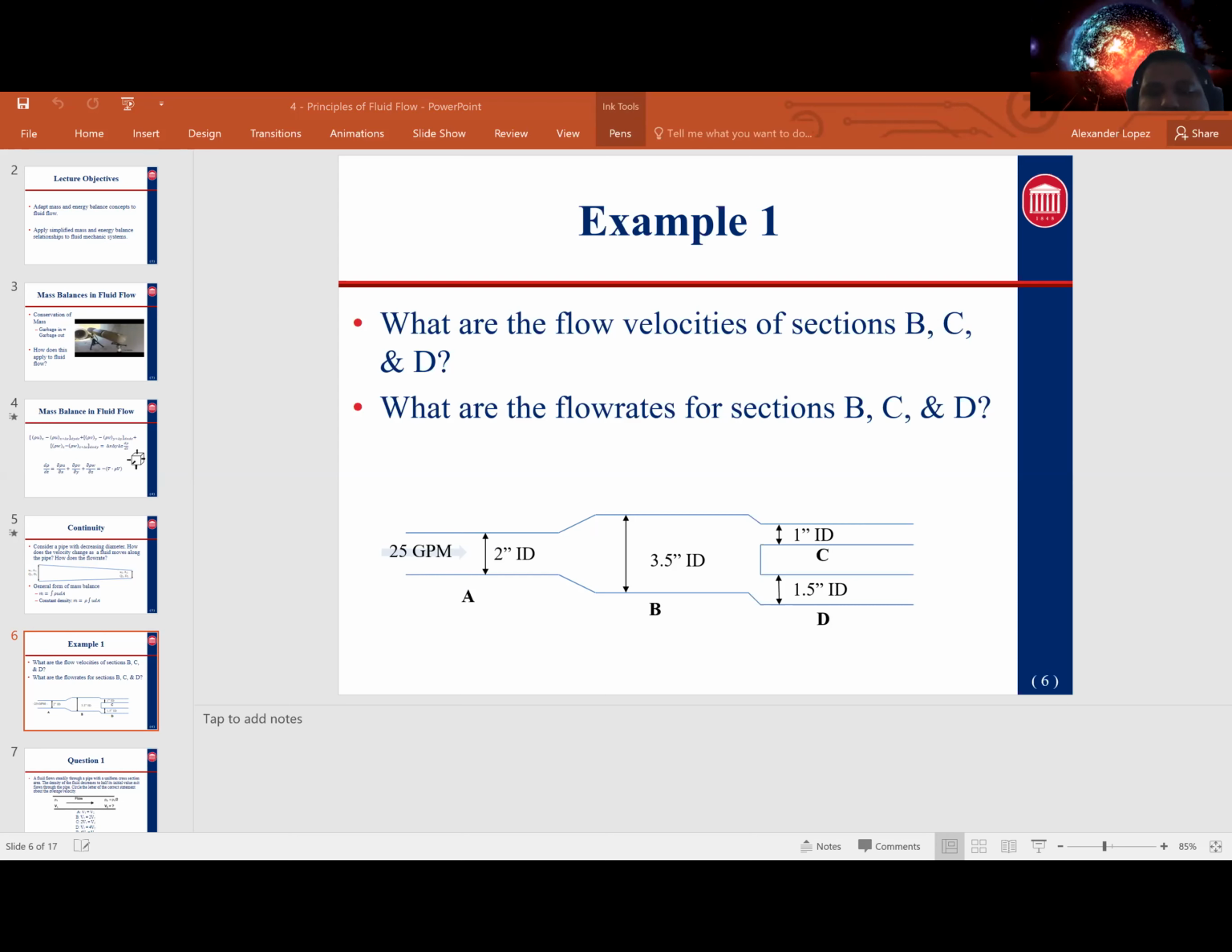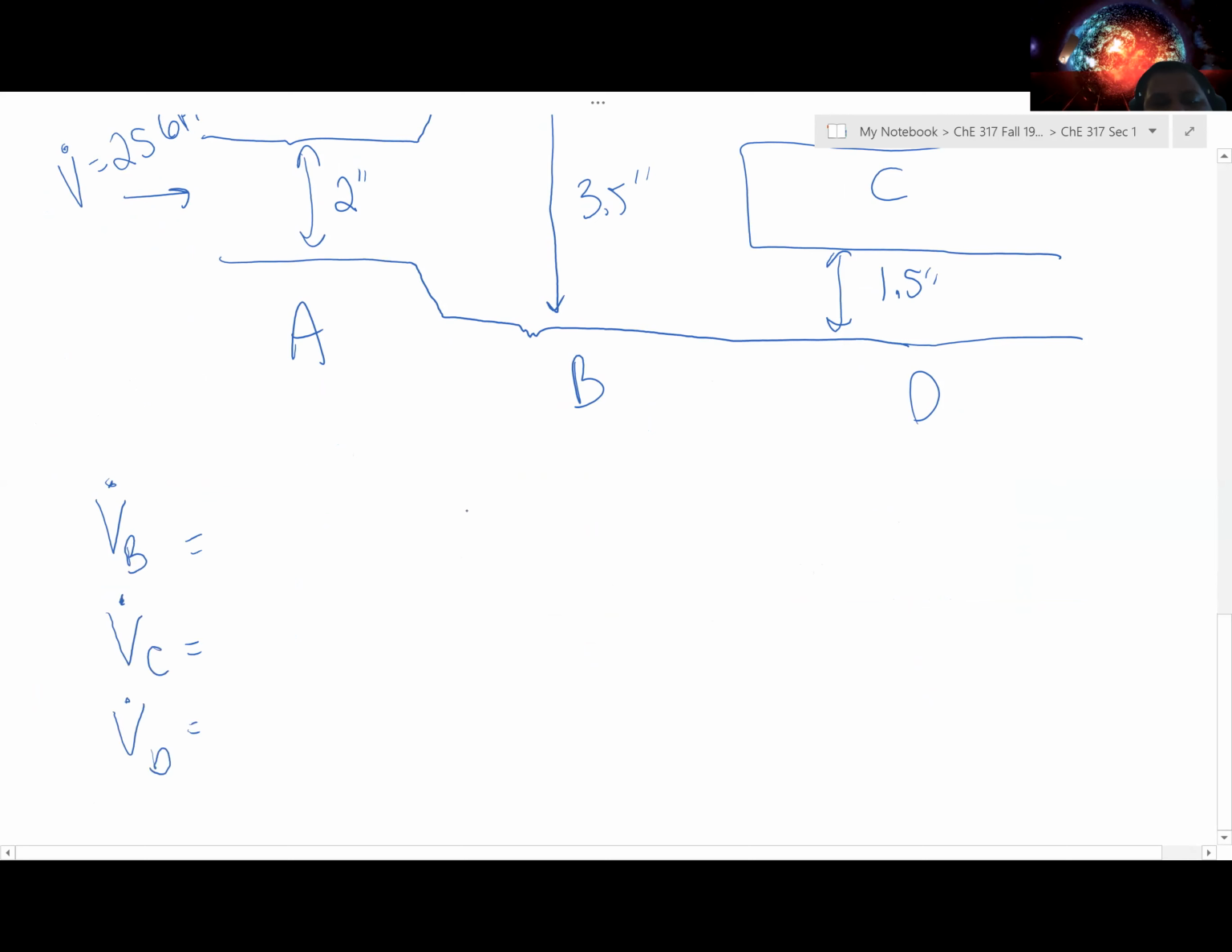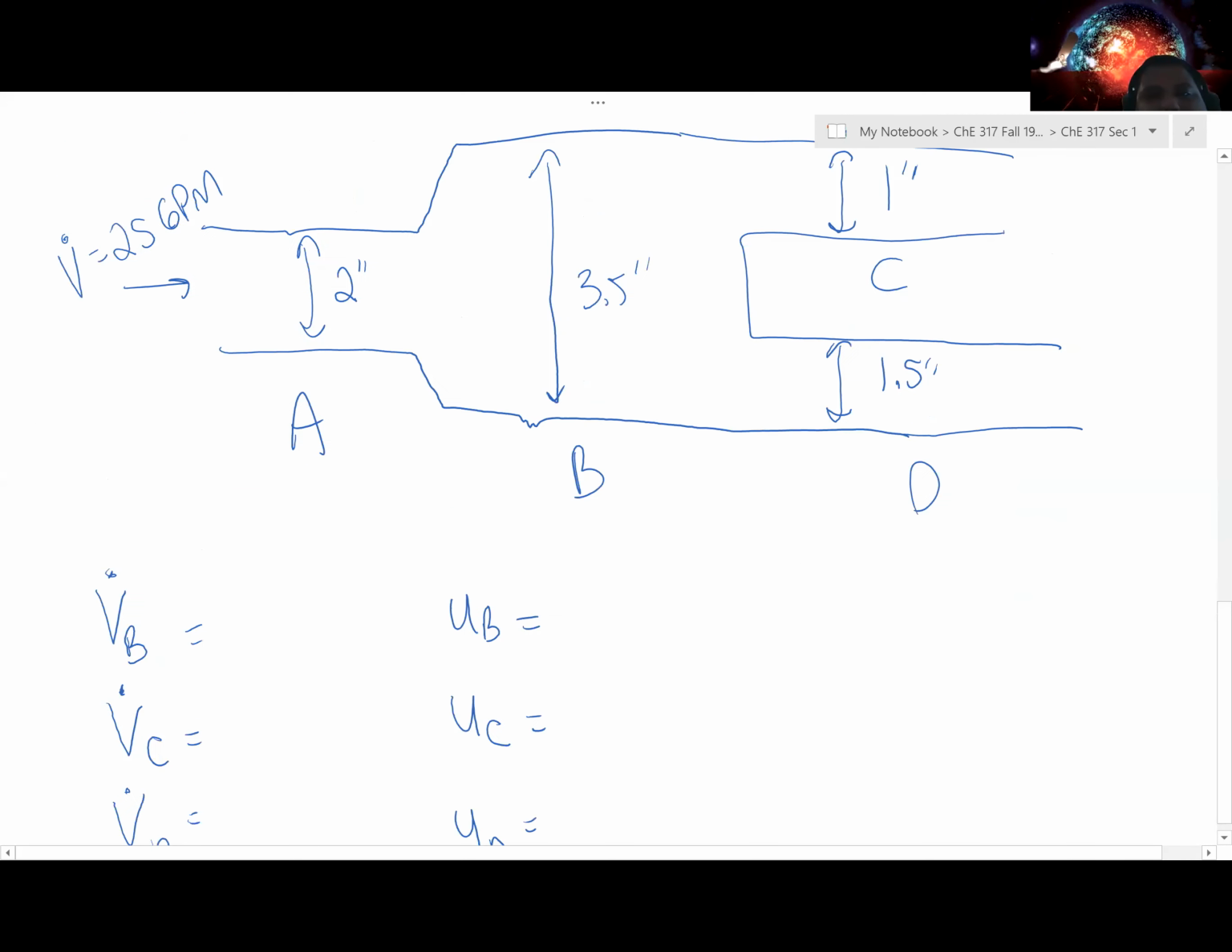So we have our system. So we need to find the flow rates of B, C, and D, and the velocities at B, C, and D. Well, we can solve for the velocity of A as the flow rate of A over the cross-sectional area of A, or 25 gallons per minute,